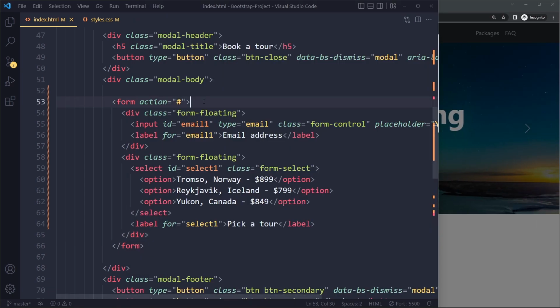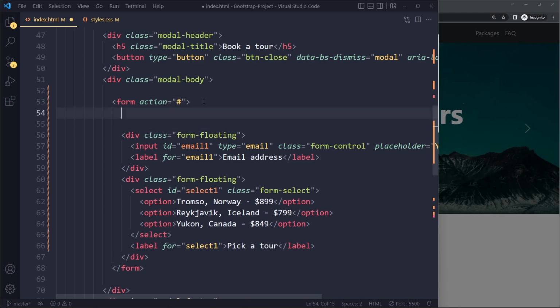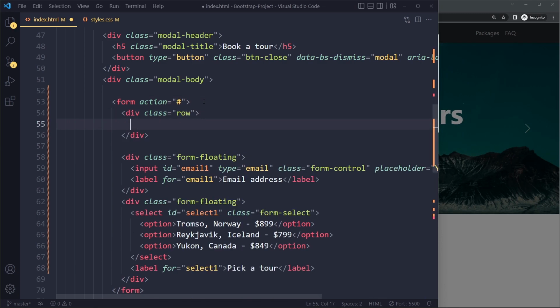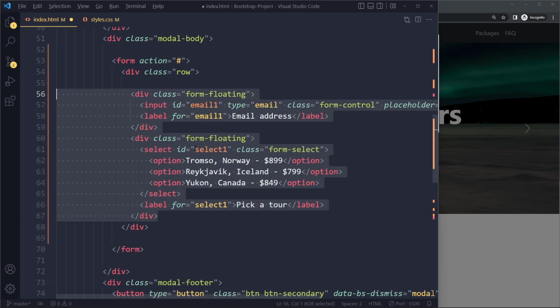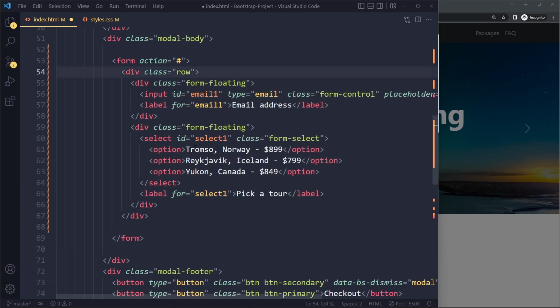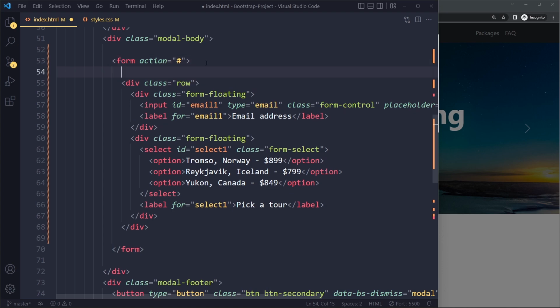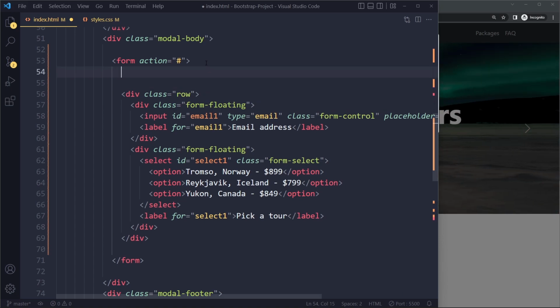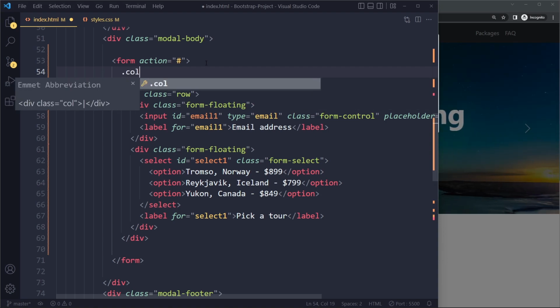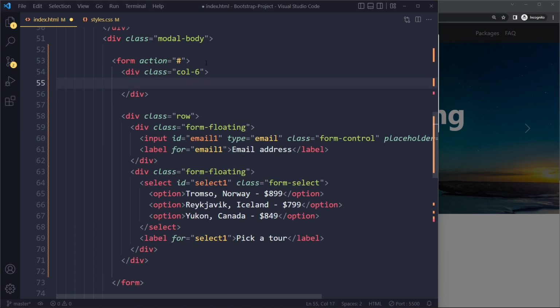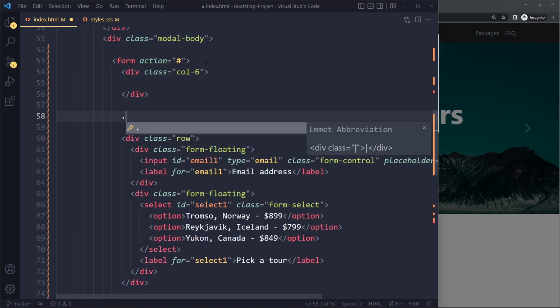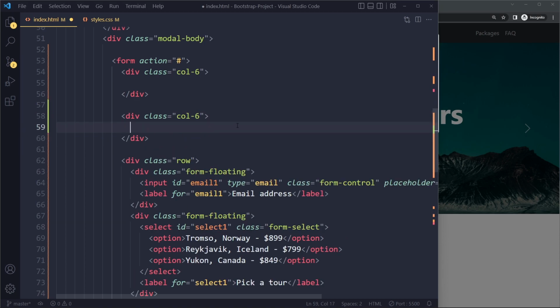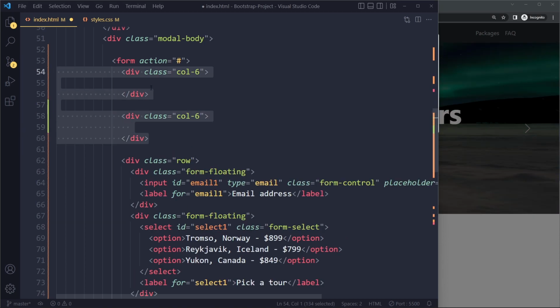So the grid system, what it comes down to is you create a new element with a class of row. In the row, you basically get 12 units to allocate, right? So the entire row is going to be 12 units wide, and you can determine how many columns there should be and how many of those units they should take up. So here we basically want to have 2 columns. So we can say .col-6, right? So the first column is going to take up 6 of those units. And the other column is also going to take up 6 of those units, right? It needs to be in the row,